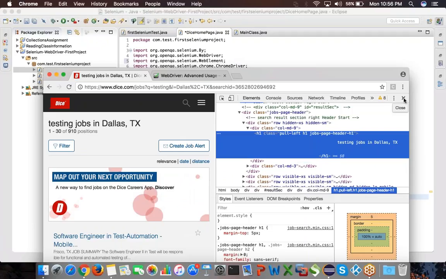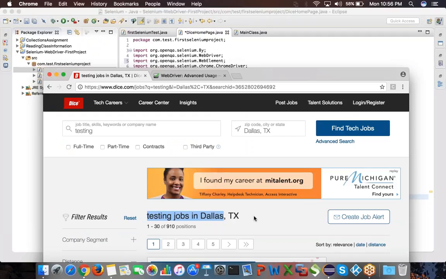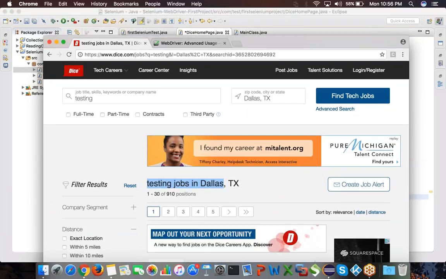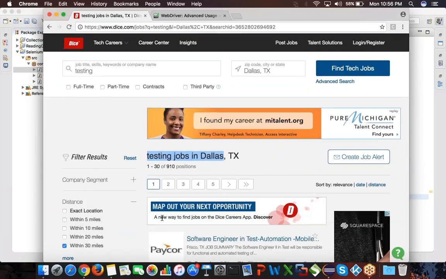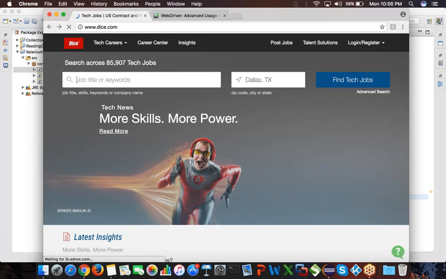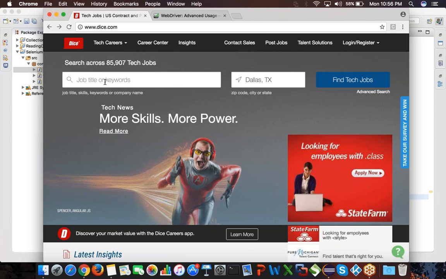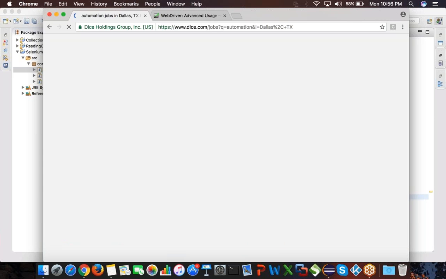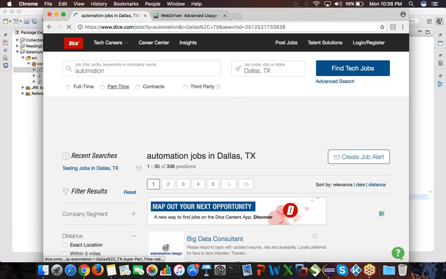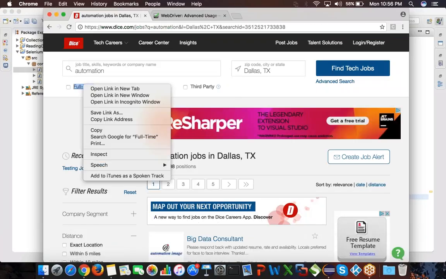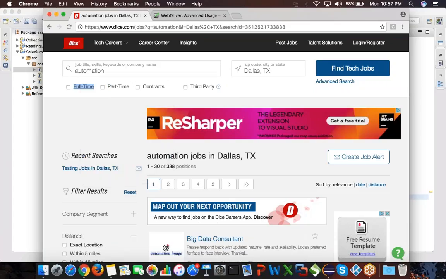It doesn't have any ID, so let me go and find some other element. Let's take one of the elements which will come after this one. You are getting these links, right? These links were not present in the previous page. We can wait for that one to synchronize. If I click on find tech jobs, these things are new: full-time, part-time. So if I right-click and then inspect element,